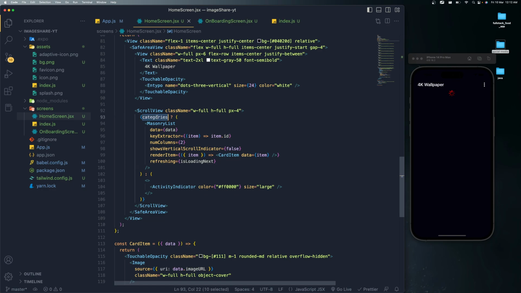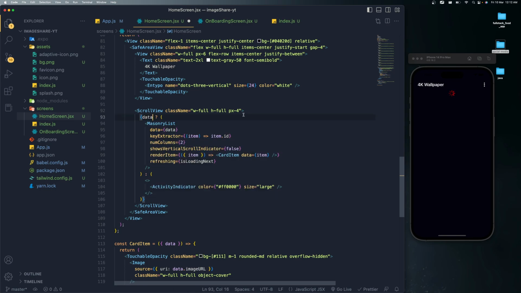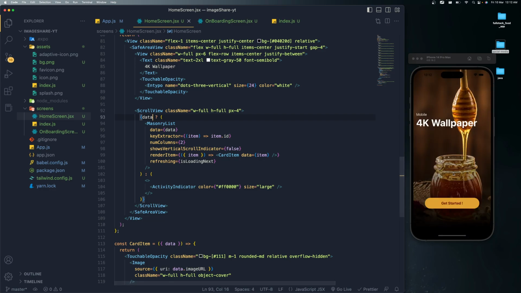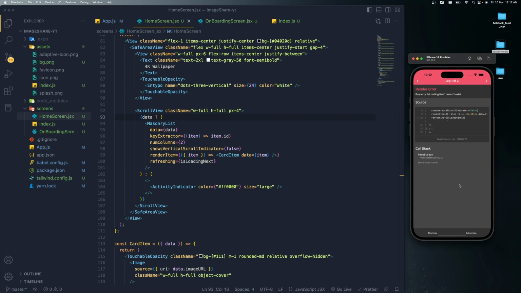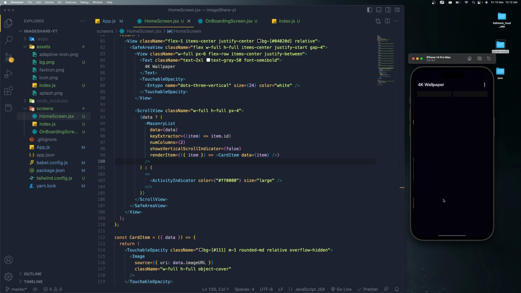Instead of, for the time being, categories, let me change it to data, the local object which you have. Later we'll change it to our state. Save the changes. Now if we click get started, we are getting an error like isLoading next doesn't exist. Of course, for refreshing we don't have this object, so let me delete this. Save the changes, click get started, and now you can see it's loading that image, but it's not loading it